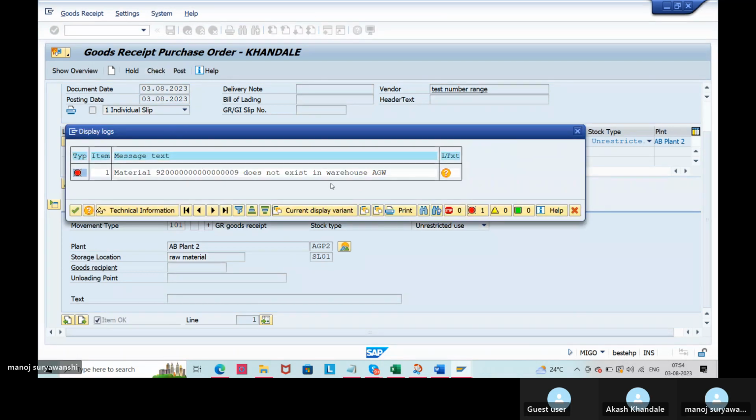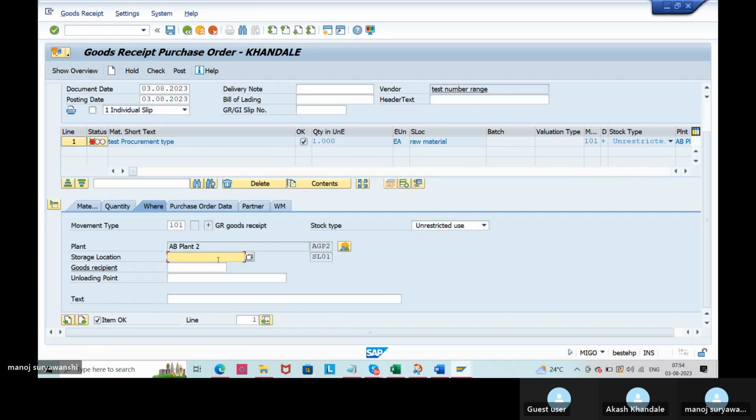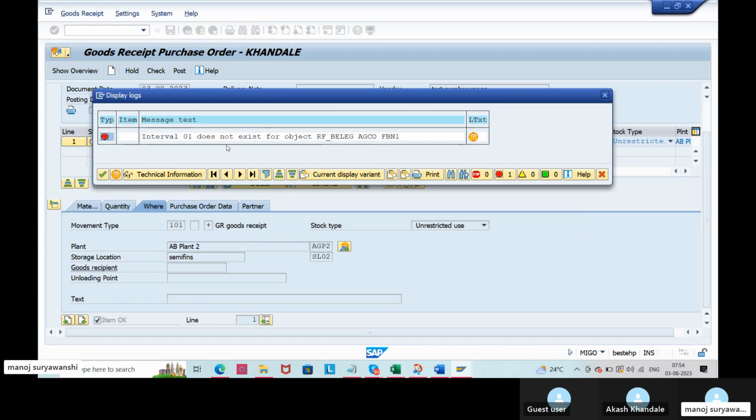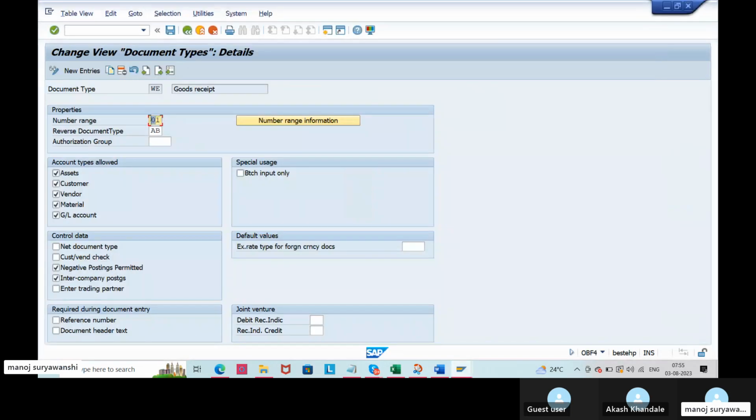Check it. See, it is giving me an error that interval 01 does not exist for object RF underscore BELEG AGCO FBN1. So what is happening here? System is trying to assign a number using the 01 number range to the accounting document type. Here you can see the 01 is assigned. And system is trying to use this to assign a number to